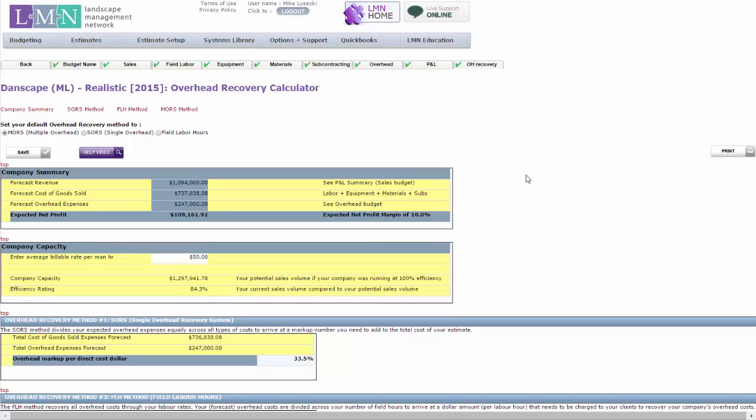Now, for anyone at this point who's worrying, yeah, but I don't want my estimators to see all this information like other people's salaries, etc., that's perfectly fine, and we've taken that into account. You have security permissions to access the budget, and they're different than the security permissions required to build an estimate. What this allows us to do as owners is to build a budget, a plan for profit, with all our financial information put in there. Then we can turn it over to estimators who can't see this